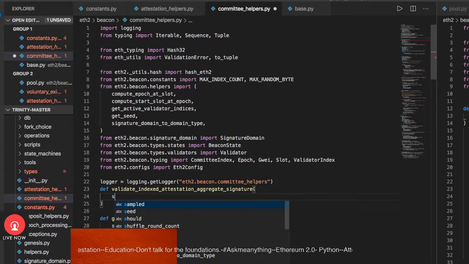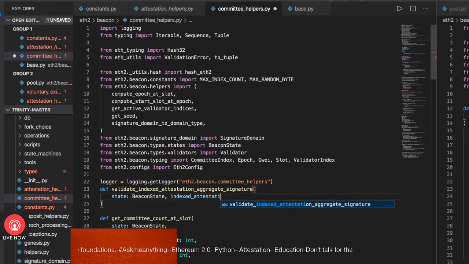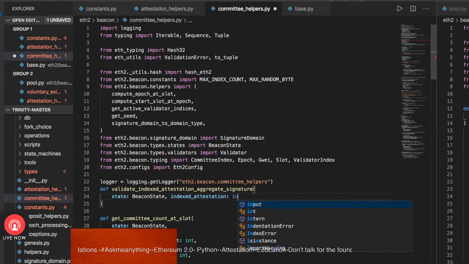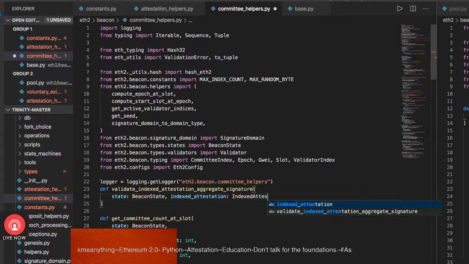So you have here the state, and the state is the beacon state. So the beacon state is an indexed attestation. So this indexed attestation